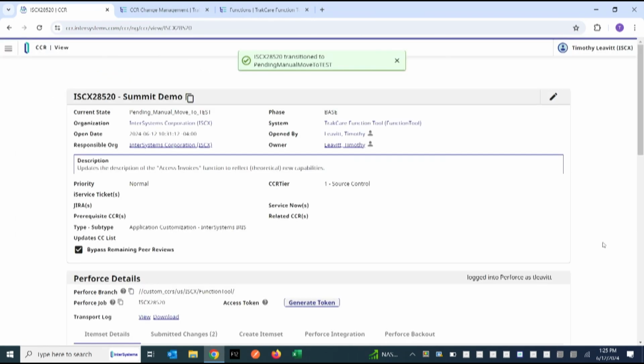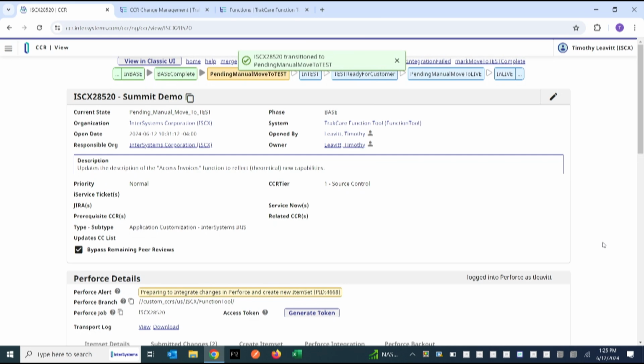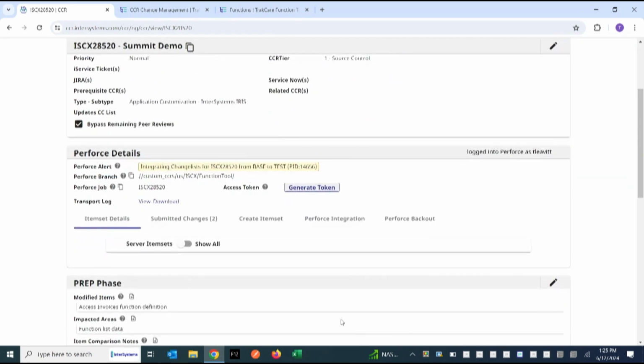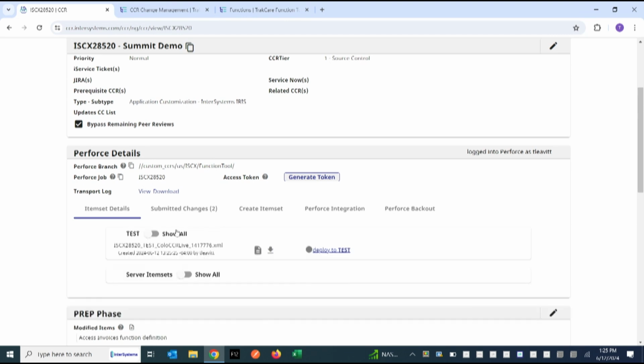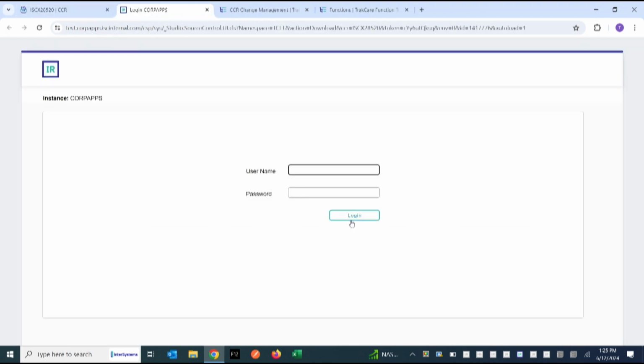And this will do the actual integration of changes from the base branch to the test branch, which is pretty quick. And this will give me what's called an item set. That's just a bundle of all of those changes that I made for the appropriate branch. So I can just click this deploy to test button,